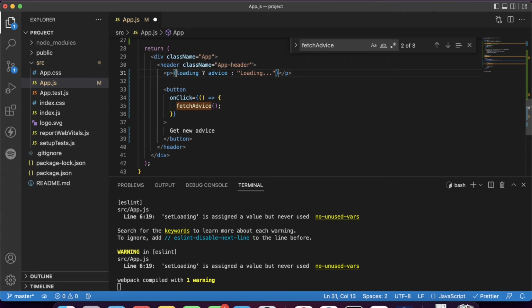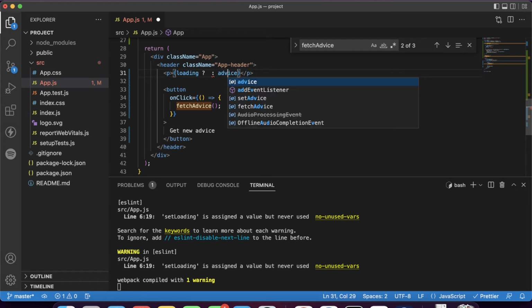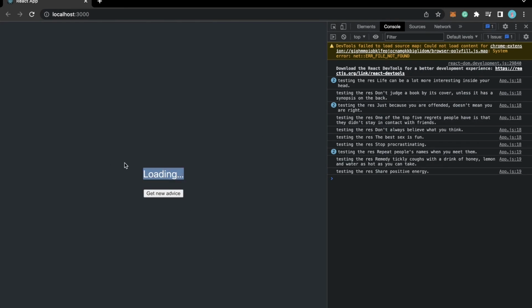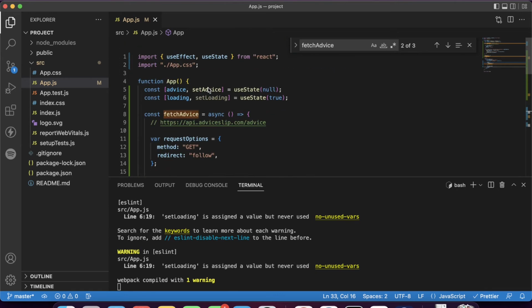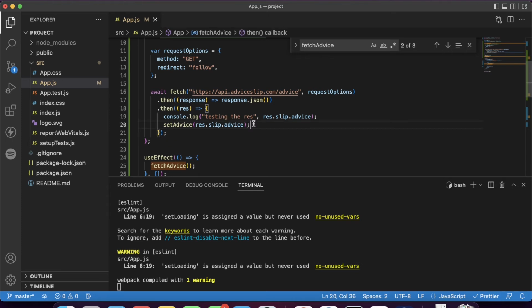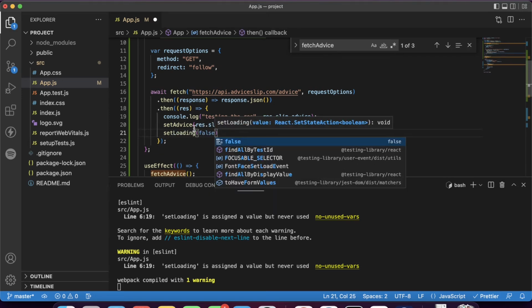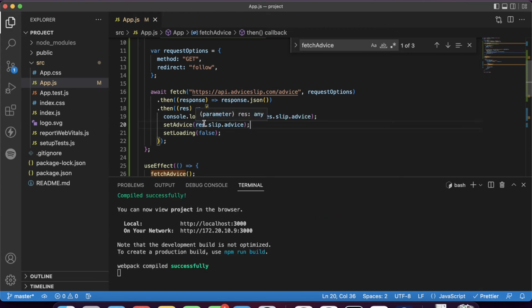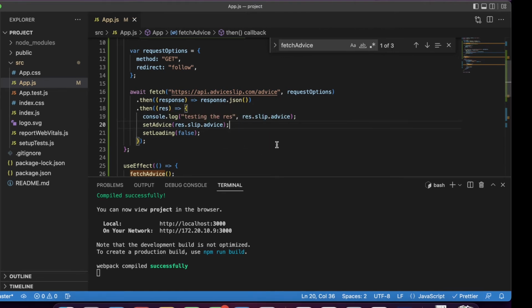I can also do it like this, like loading, and I could just replace it here twice and just call up that loading here. So yeah, both ways are fine. Now if we check here, okay, we are just getting that loading, but it isn't reverting back or showing us our advice. So to do that, we have to set this state to false, and we can do that after the advice has been saved, or updated rather, in the setAdvice state.